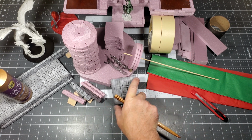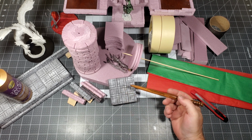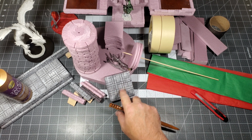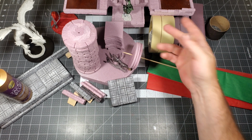Alright, welcome. I'm going to make a little add-on to my track design that I have. I'm just going to take this, and this is just going to be the track going into the project. It's just a small little project involving a tower, some scrap pieces of your pink foam, some tape,